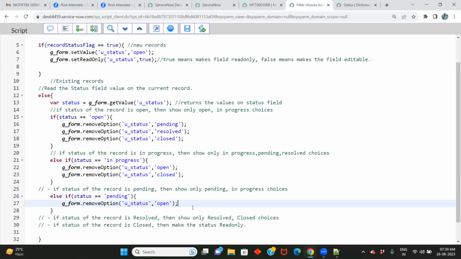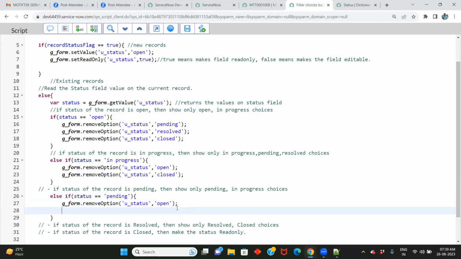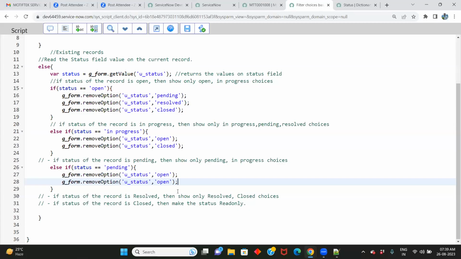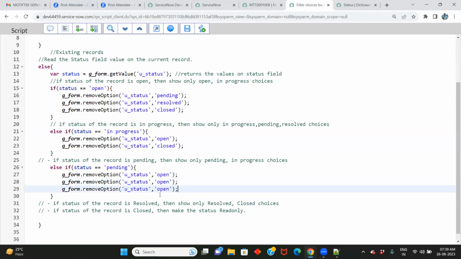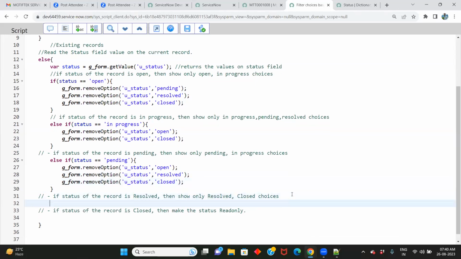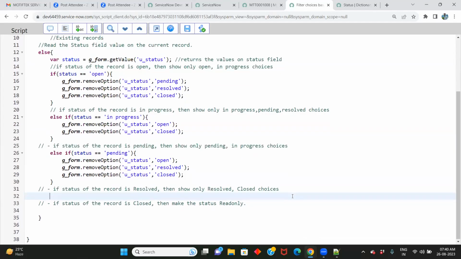Removing the open choice, removing the other choices, like resolved, then closed. So these choices I am removing. And for the other, that is else if,